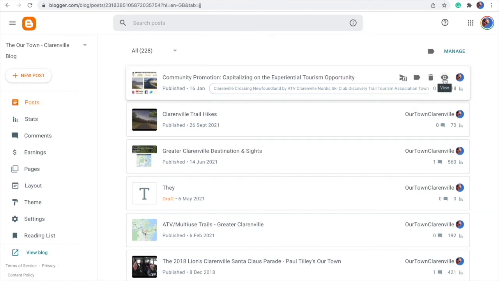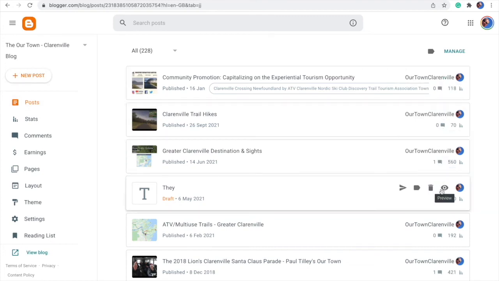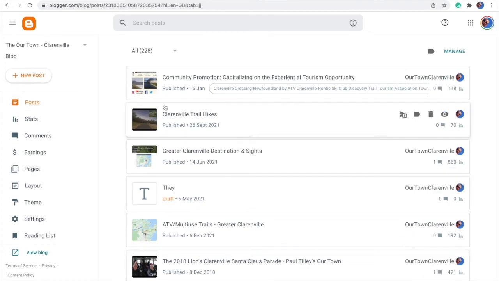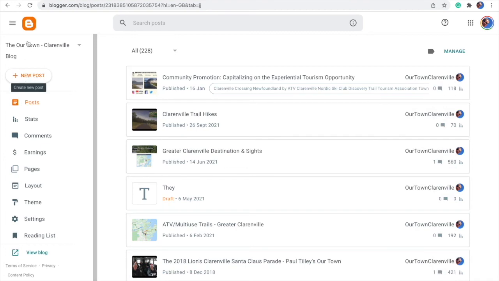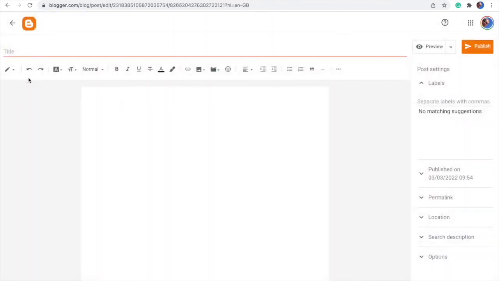Effectively, as you do posts, they get posted here on the right. You can see where I've indicated here. This is my blog called Our Town Clairville. You can see right here that in order to create a new post, you simply go down and click New Post. And when you click New Post, it presents to you a screen very similar to what you see on any word processor, and you can type away here,